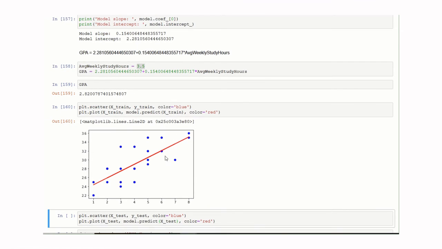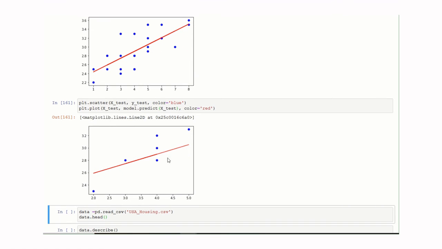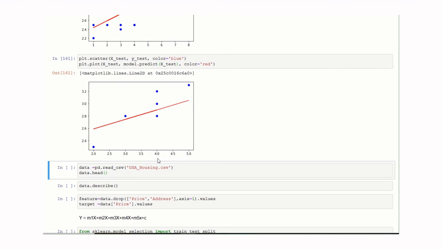This is how our hypothesis looks for the data set. So here if we want to find out what will be the grade if a student spent average weekly study hours as 4, then by using this you can find out that here in the y-axis this corresponding value is around 2.9. So like this, by using hypothesis our linear regression model will predict the outcomes. These are for the test data and these are the respective hypothesis.